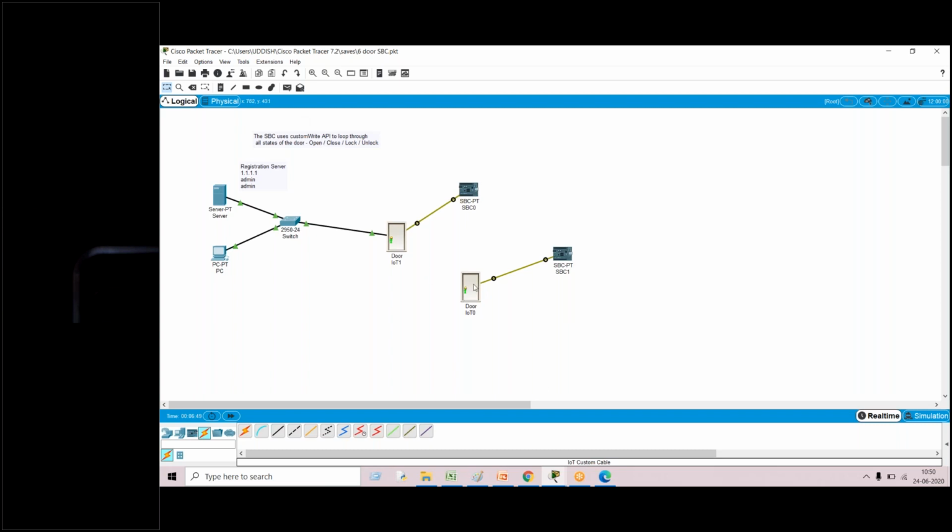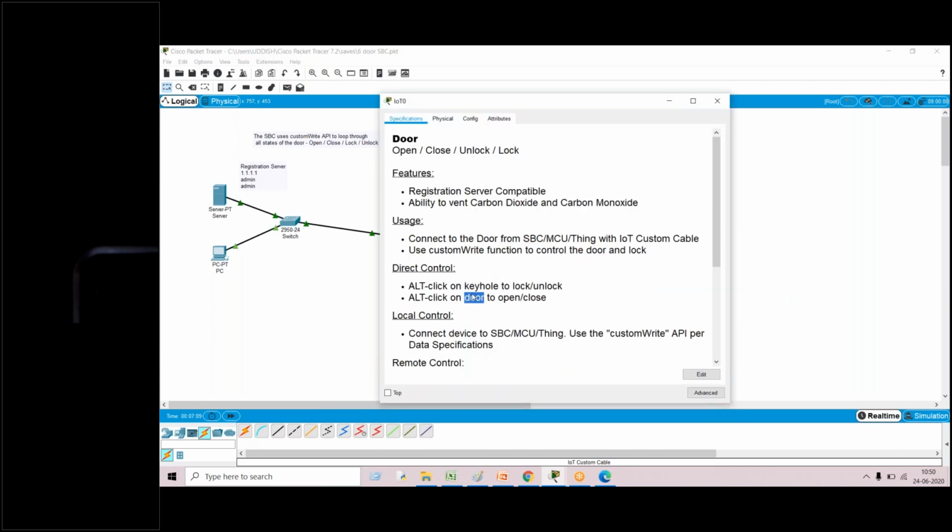See, even in the sprinkler, what we have done is we have seen only two different cases, that is either the on state or the off state. But now let's see the specifications of the door also.